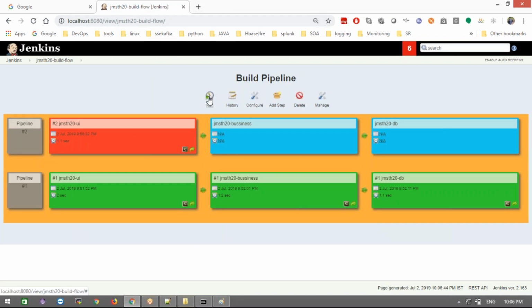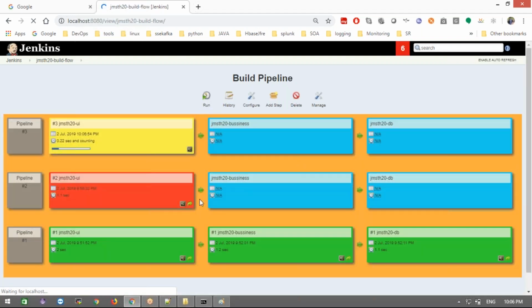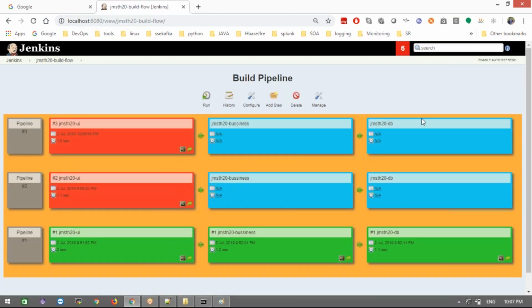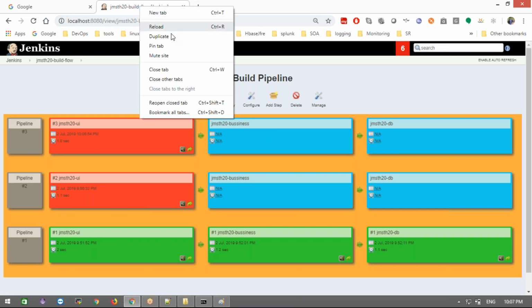Now if I click the build now button here, it is building, and it shows as failure. That means it doesn't go to these two jobs. This will show five in one page. Now if you want it to succeed, we need to change our job, right?